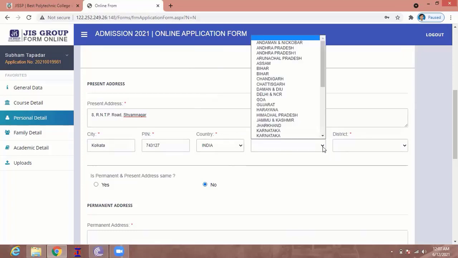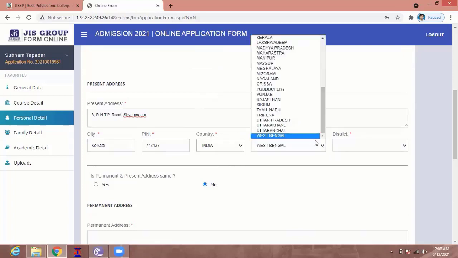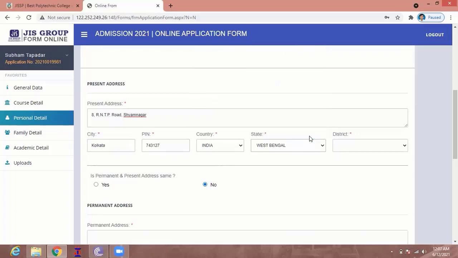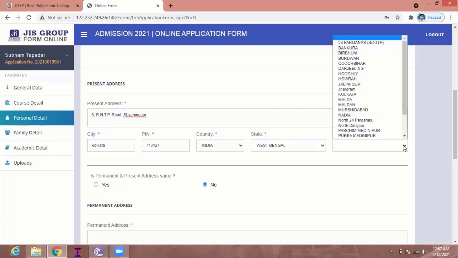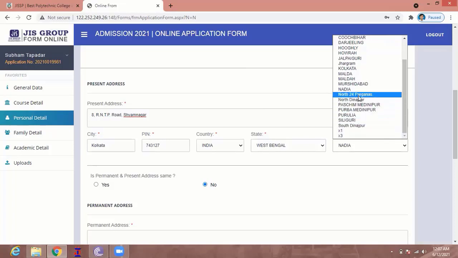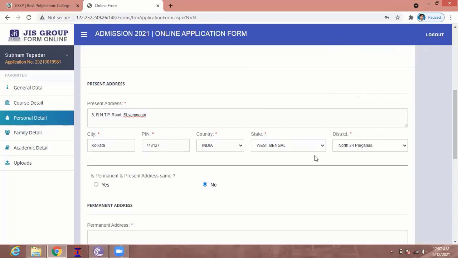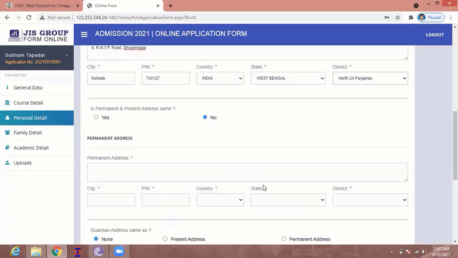And you have to put the state to which you belong. I am from West Bengal, so I am putting the state West Bengal. And in the district field, you have to put the district where you are currently living. I am currently living in North 24 Parganas, so I am putting North 24 Parganas.